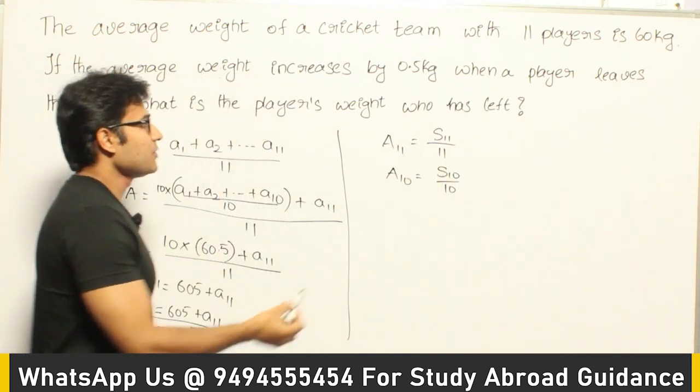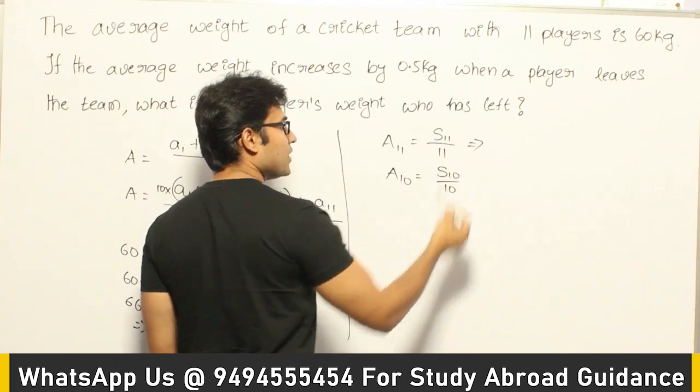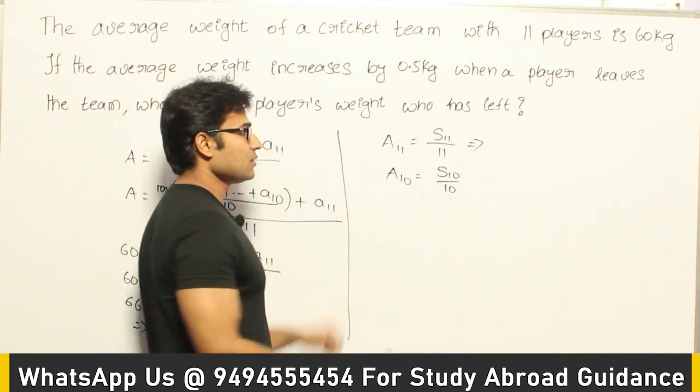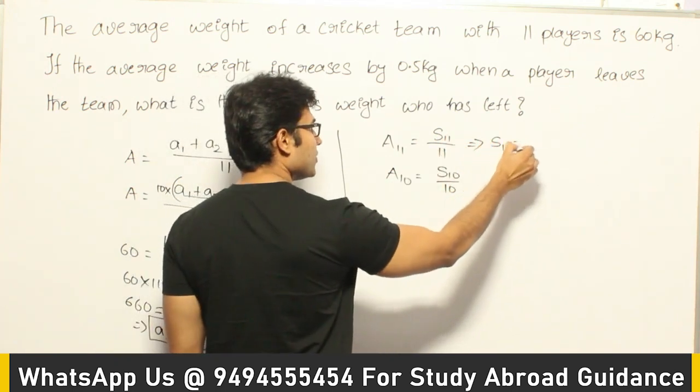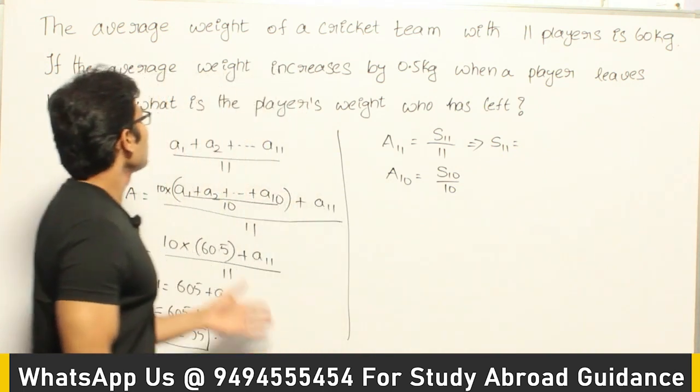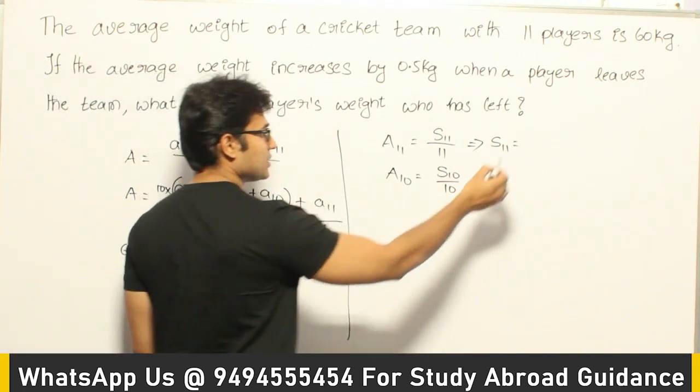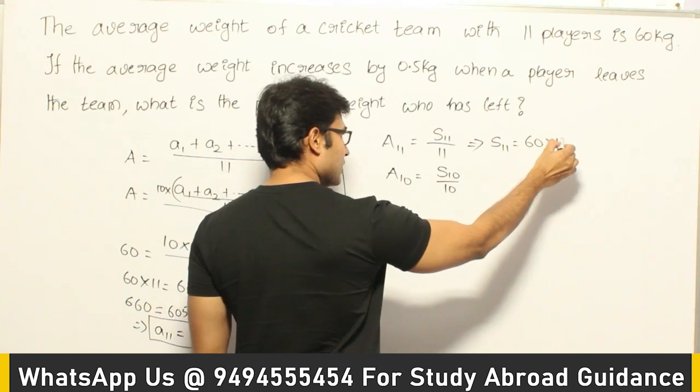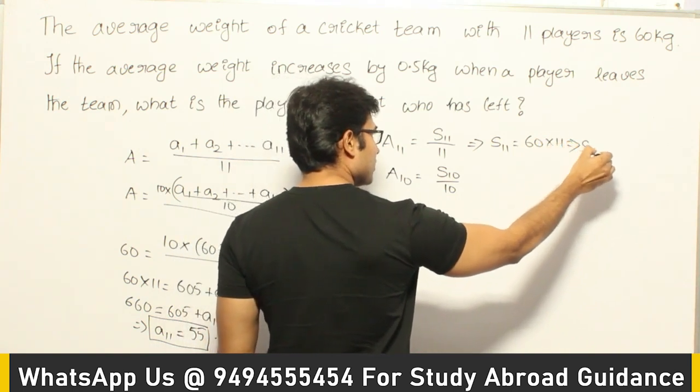Now from this I can compute the sum of all weights of 11 players, which means S11 will be equal to A11 into 11. A11 is given as 60, the average of all 11 players, so S11 equals